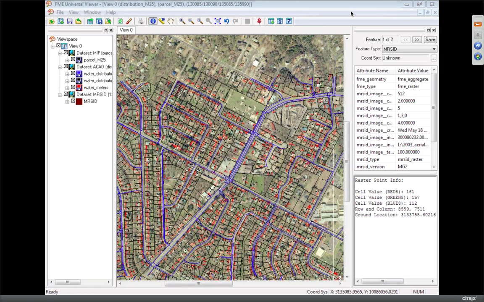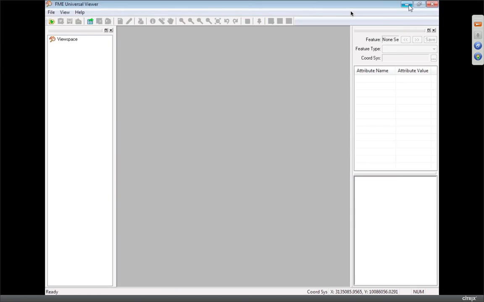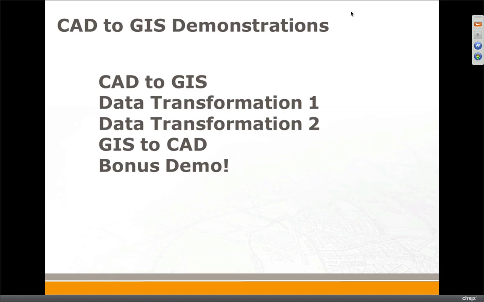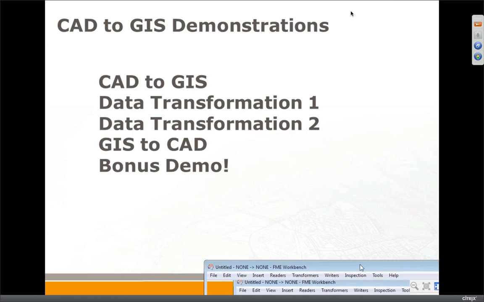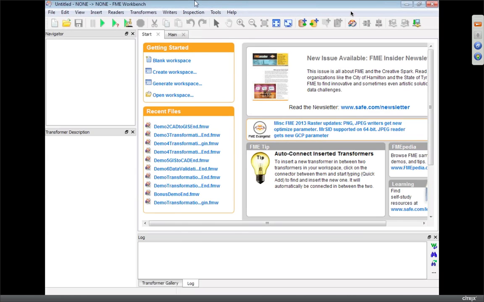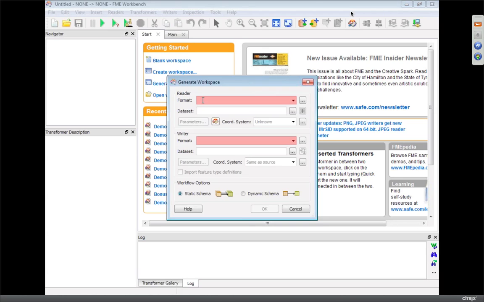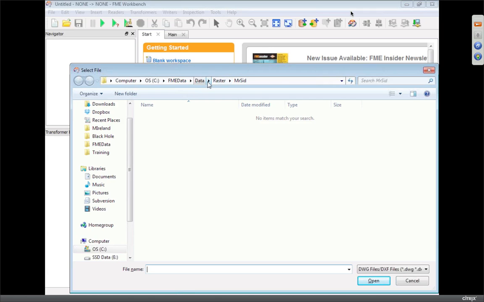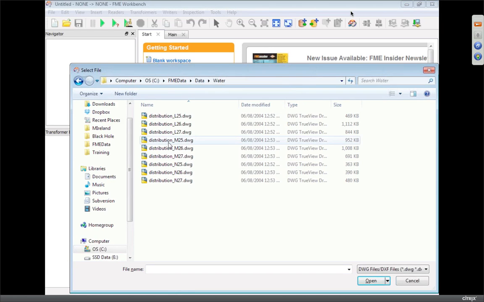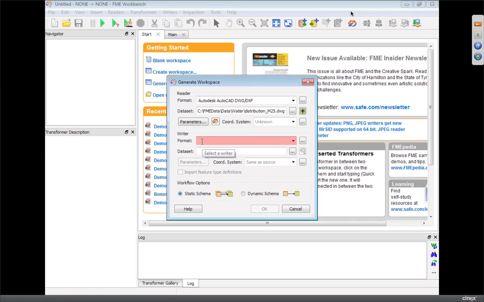So yes, we've looked at some data. Sorry, Don. So we looked at some data there. Let's start translating it. Yeah. So you mentioned earlier this product called Workbench, and this is what Workbench looks like. Like you said, it's a graphic tool for translating data. So what I'm going to do is create a data transformation. Again, all I need to do is specify the format of data and where that data is. It was in the water folder, M25, and I'm going to translate it to